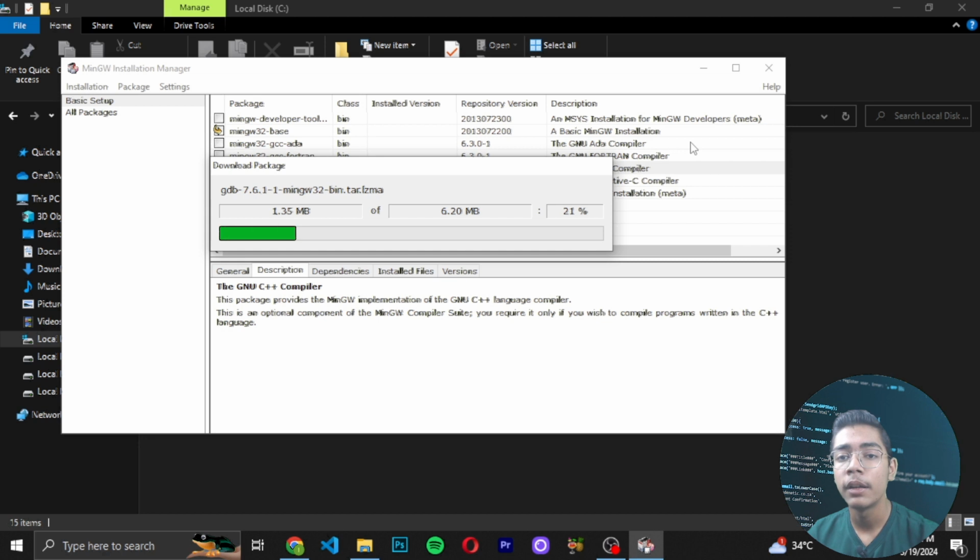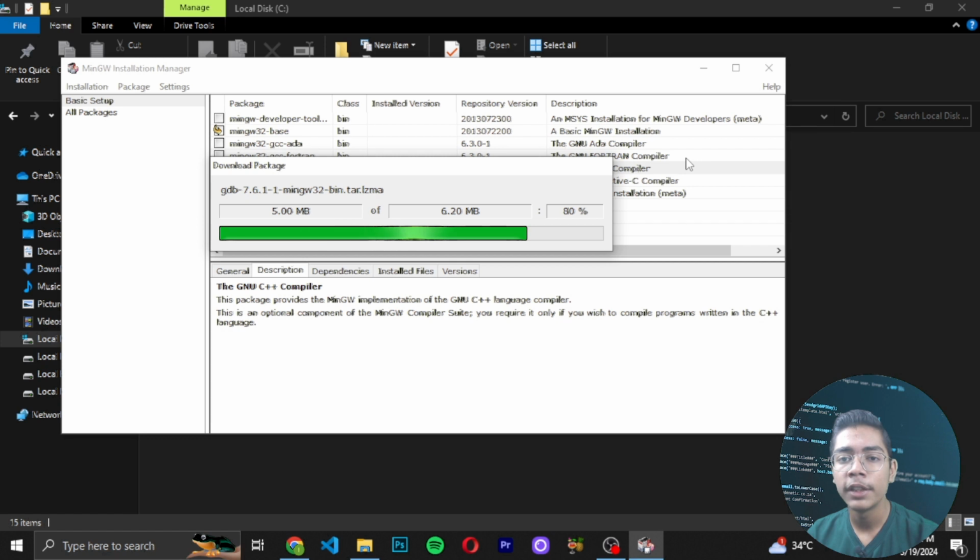If you are building any big program or any big application using C++, then you can install all these packages if you want to. If you are using these packages in the project which you are building, then you can download them. But if you're not using them, it is not compulsory to install these things here, because they can take too much space on your device or disk. So I prefer you do not install these packages if you're not using them in any program or software. But we are using these two packages, like MinGW32 base, which is a basic MinGW installation,